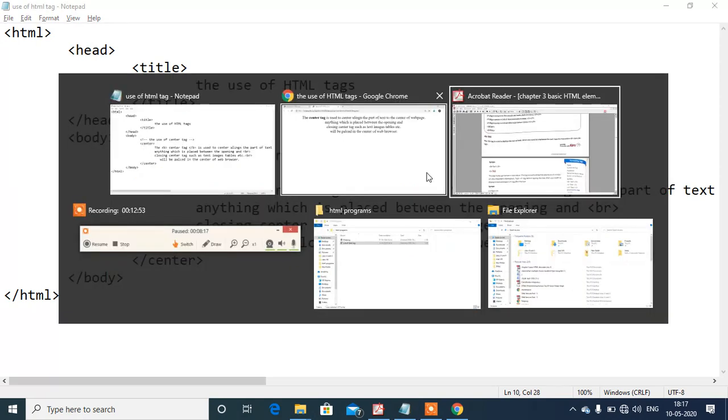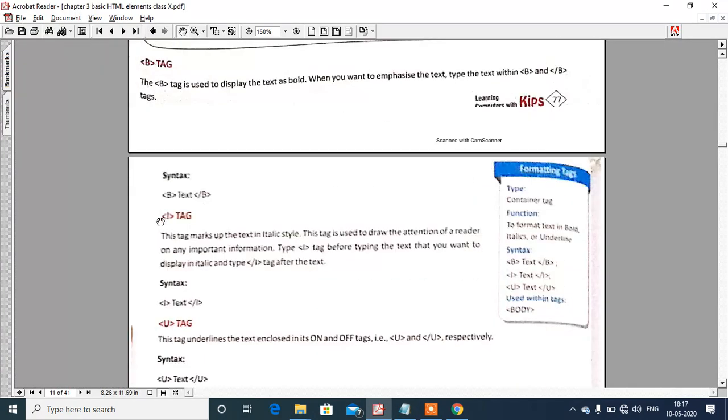Now the next thing is the I tag. This tag marks up the text in italic style. The tag is used to draw the attention of a reader to important information. Type I before typing the text that you want to display in italic and type close I tag after the text.